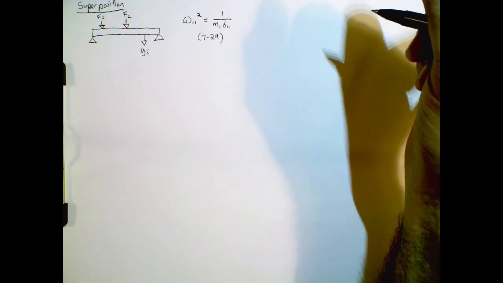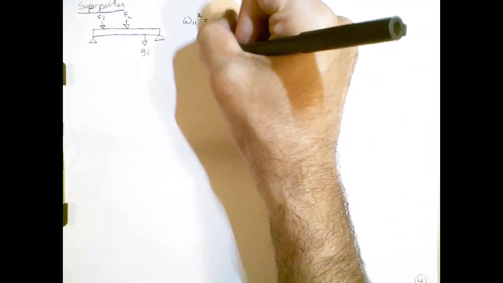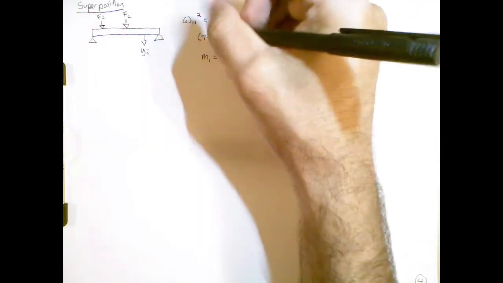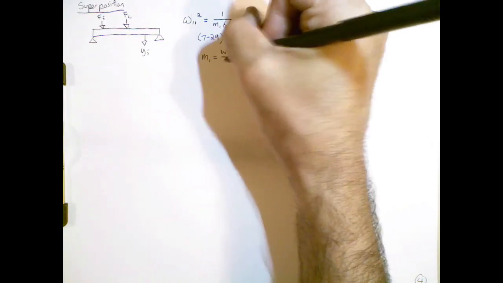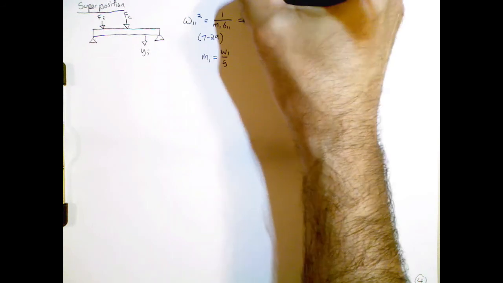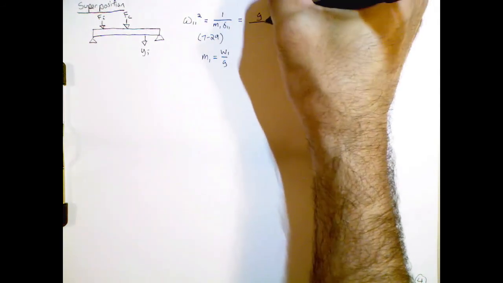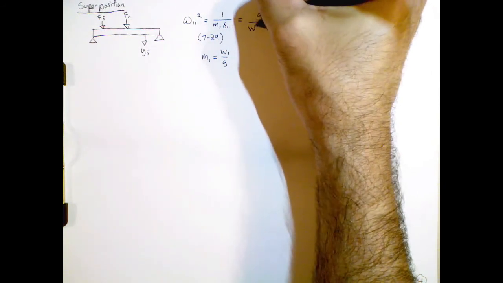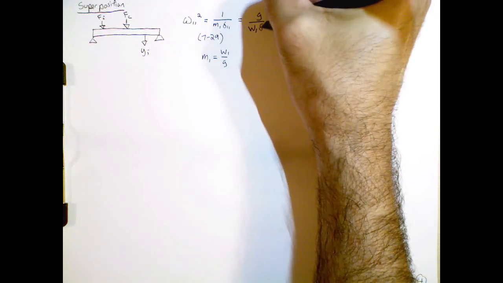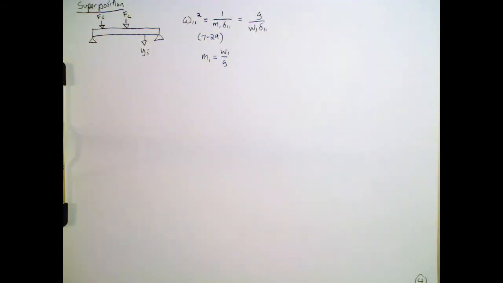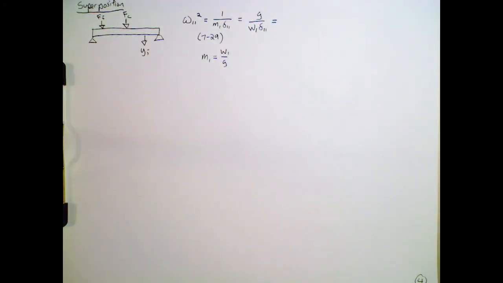We can make a further observation that m1 is going to be equal to the weight at 1 divided by the gravitational constant. And so I can write this is going to be equal to g over w1 times delta 11. Now, to define a way of quantifying equivalent load, I'm using this example. I can